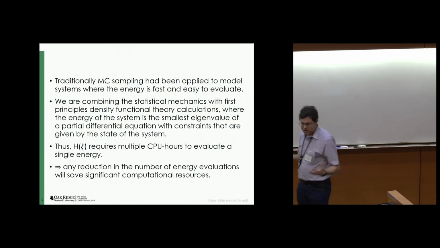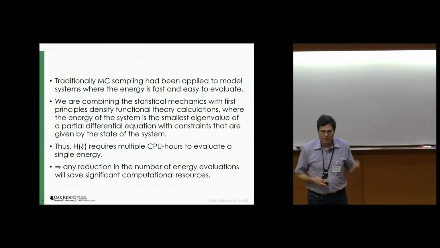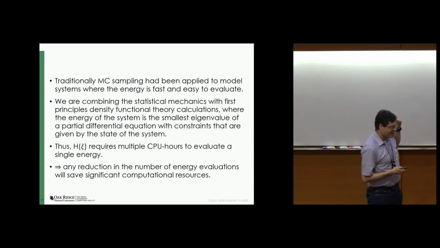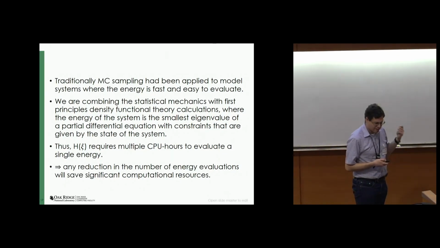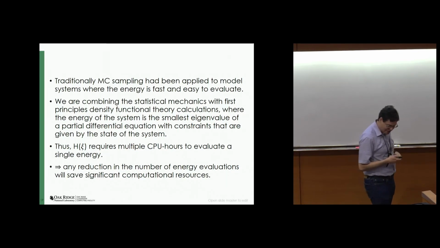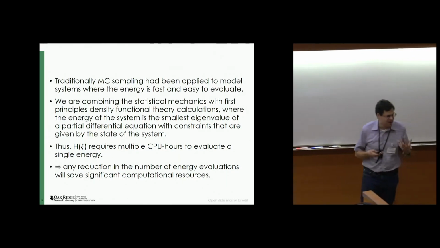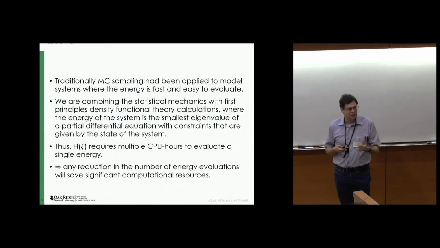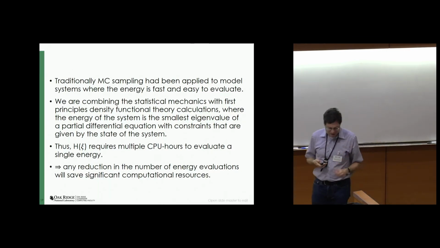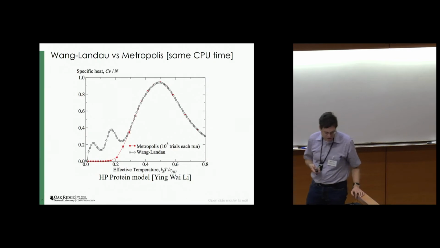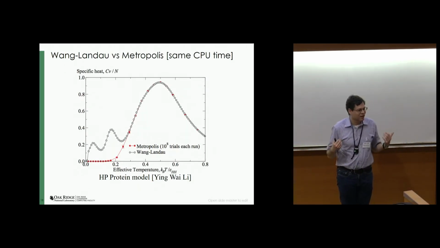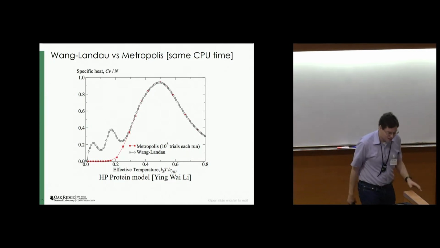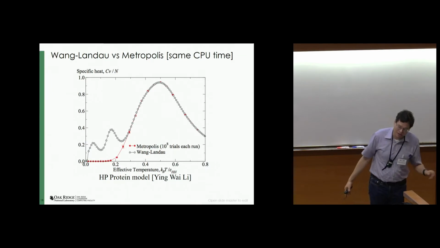So anything we can do to reduce the number of times we need to evaluate the energy of the system, and hence the probability of a state, will significantly save computational resources. Even at Oak Ridge, where we are blessed with currently the fastest computer in the world, at least that's publicly known,